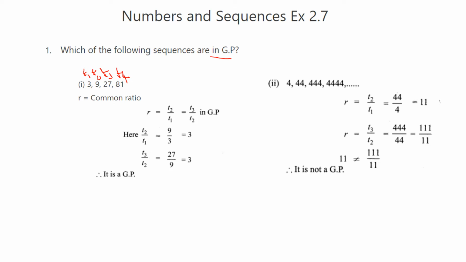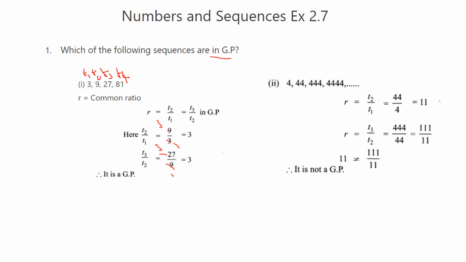Here T2 is 9 and T1 is 3. So 9 by 3 is 3. If you cancel, 1 3 is 3, 3 3s are 9. And T3 by T2 means T3 is 27 by 9. That also we cancel, we get 3. So 3 equal to 3, that is, it is a GP. Next sum: 4, 44, 444,